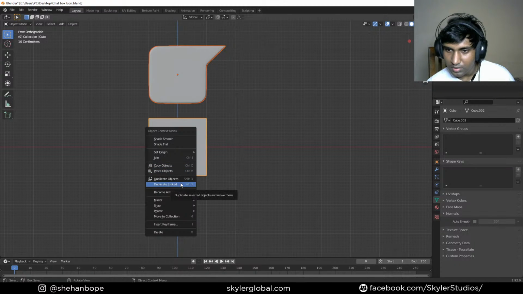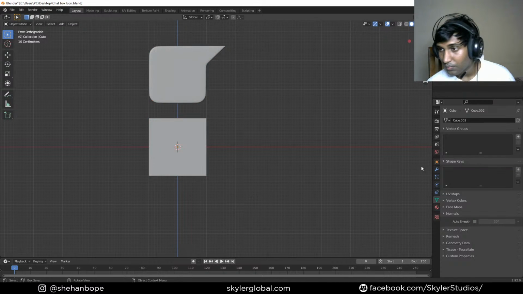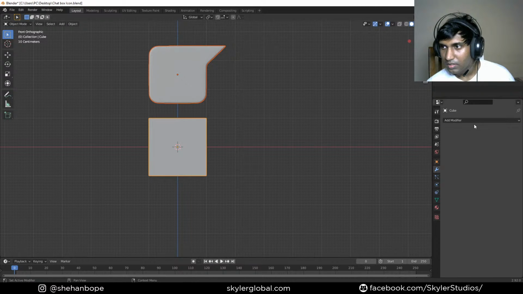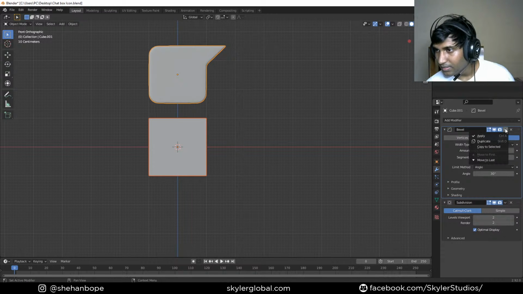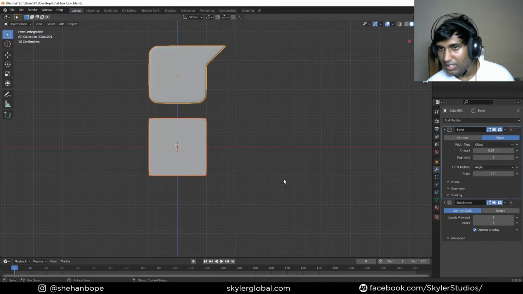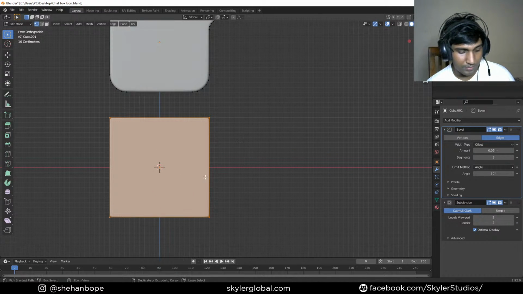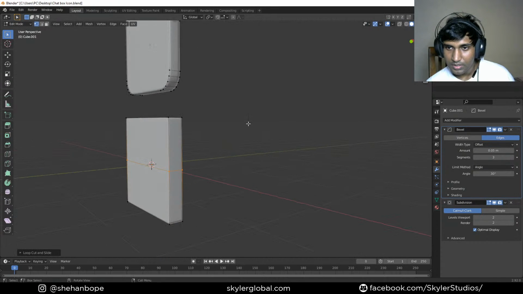No, I'm just gonna do this, and it says copy selected. Never mind. I can build the object later, but what I'm gonna do now is select this